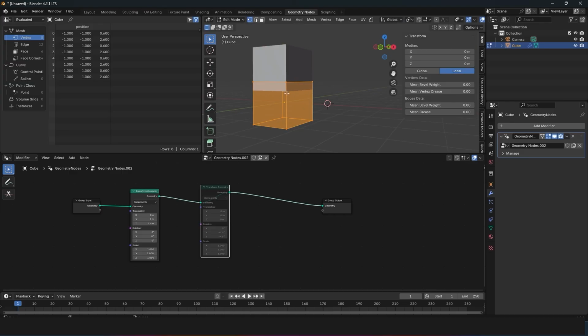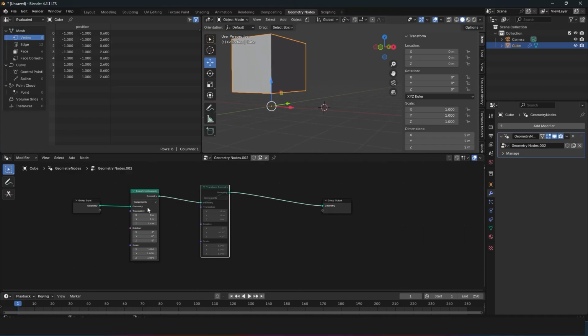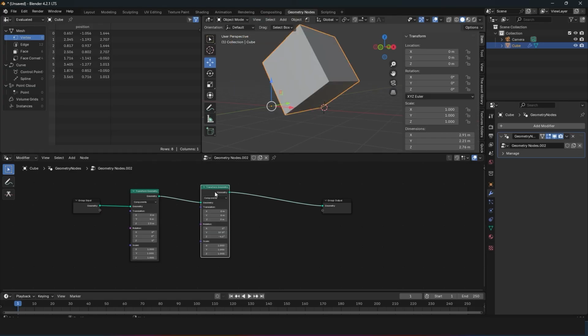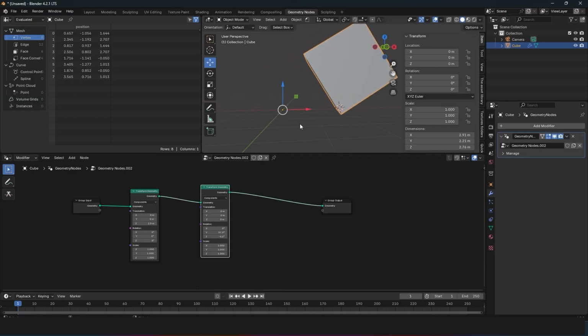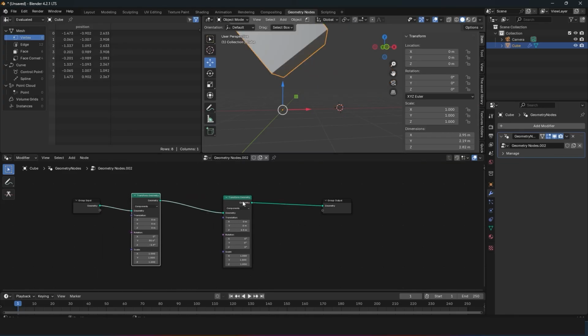You can see we still have the original cube in its original position while in edit mode, and the objects that are like positions and rotations are also not going to be affected by geometry nodes. That's something to keep in mind. And again, because calculations in geometry nodes are based off the origin of the object, when we first move this up, we have offset its position from the pivot point. So when we try to rotate this after we have moved it, it's still using the pivot point as the center of rotation. And when we do this before the translation, you can see that